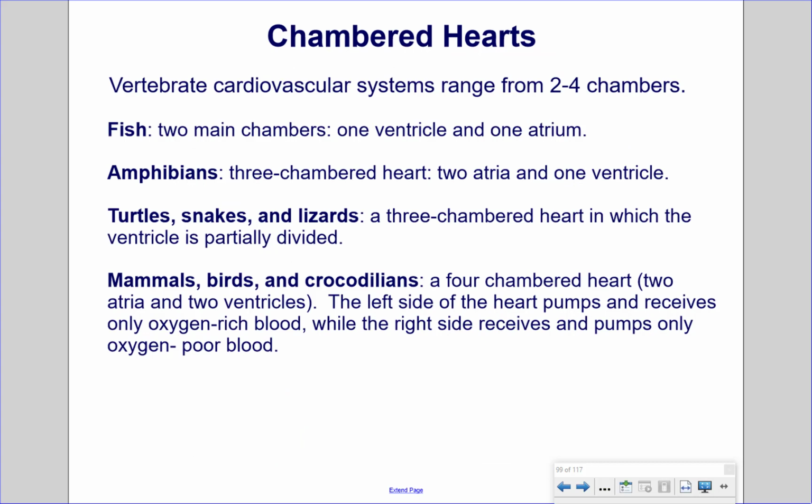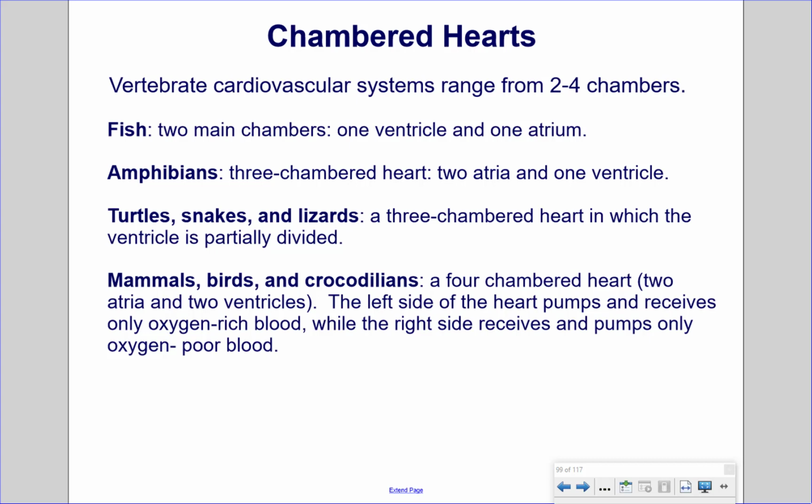Chambered hearts. Vertebrate cardiovascular systems range from 2 to 4 chambers. In fish, there are two main chambers, one ventricle and one atrium, so the oxygenated blood mixes with the non-oxygenated blood. Amphibians have a 3-chambered heart, 2 atria and 1 ventricle, so again, there is mixing of blood here,